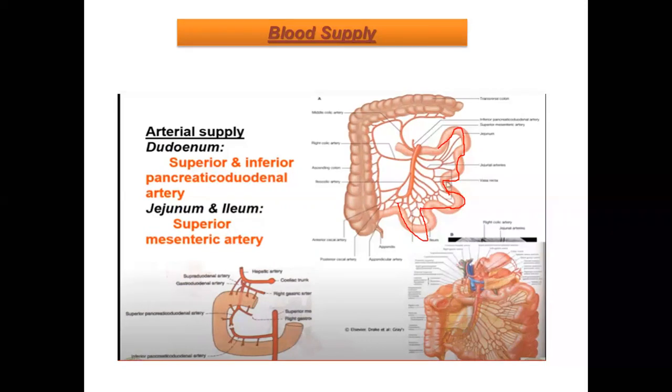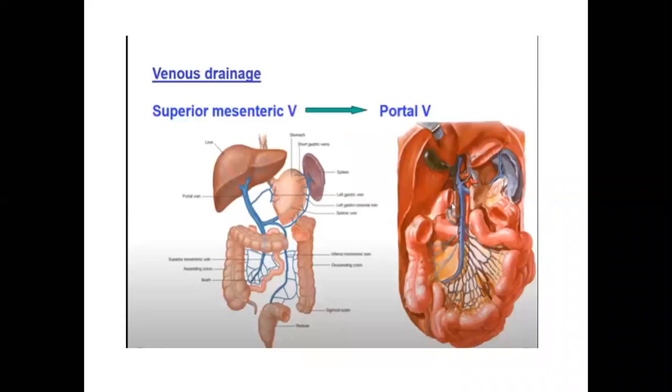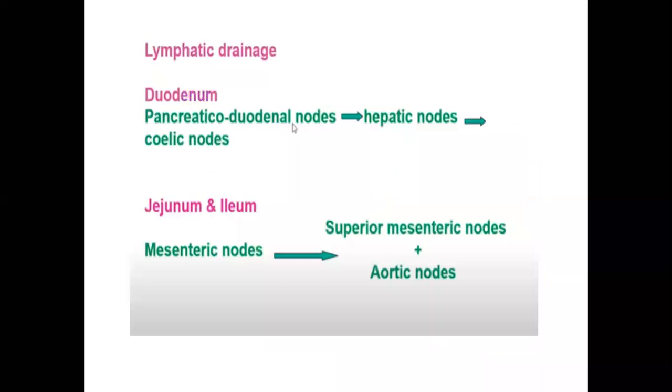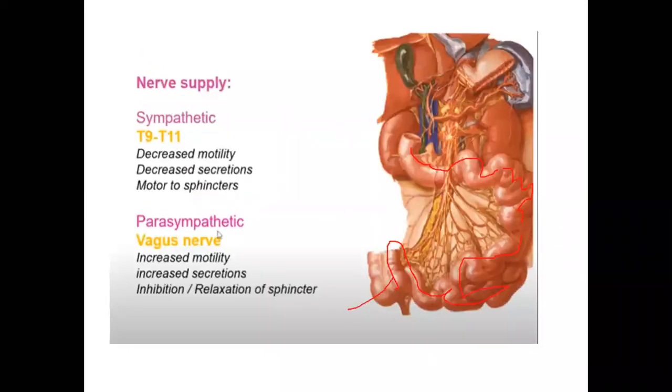And the nerve supply in the duodenum has the same superior and inferior duodenal vein supply. The superior mesenteric vein ultimately drains into the portal vein. And the nerve supply is sympathetic and parasympathetic. Parasympathetic mostly includes the vagus nerve, and the sympathetic nerve supply is from T10 to T11, and T9 to